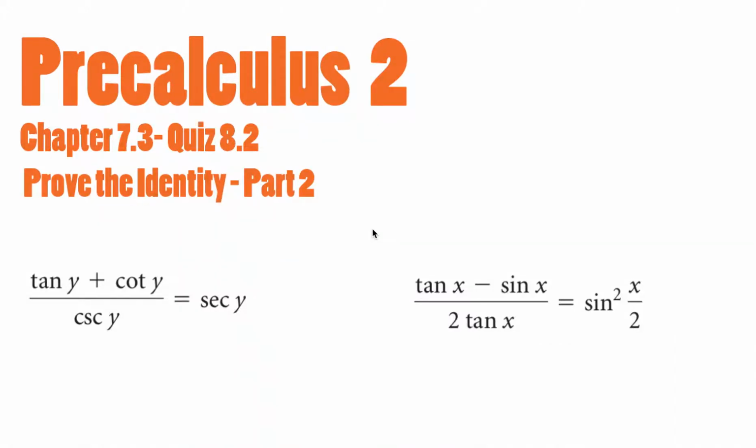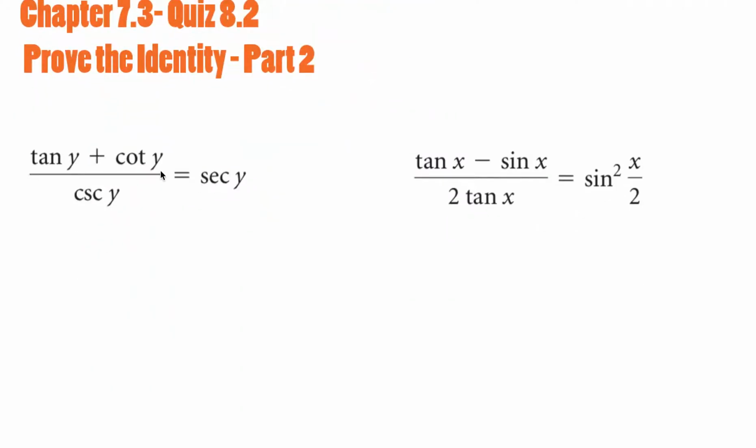We're still going to do some more proving the identity. Again, this chapter is all about proving the identity. These ones are just a little bit more complex from the previous video, but it's the same tactic. So for example, the first example: tangent of y plus cotangent of y over cosecant of y equals secant